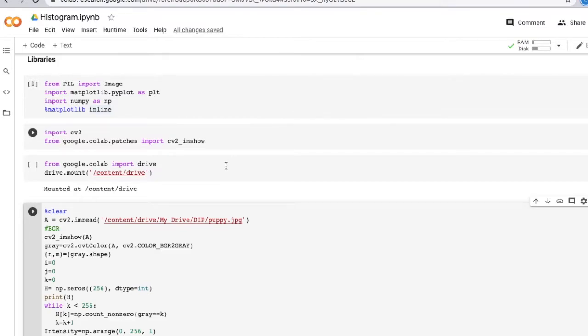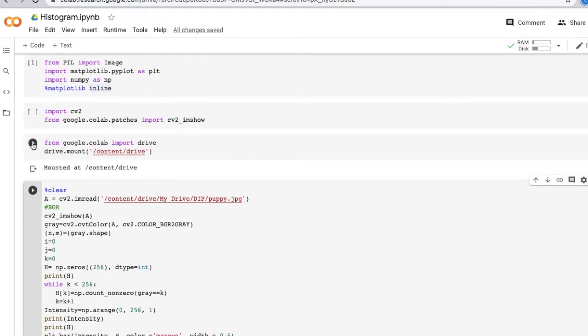The first thing that you need to do is give it access to your Google Drive files, and this you need to do every time you start with a new file. Before doing that, we will also need cv2. So let us import the library cv2, and it is from google.colab.patches import cv2_imshow. This is because imshow directly doesn't work in Colab. Then next is to import drive.